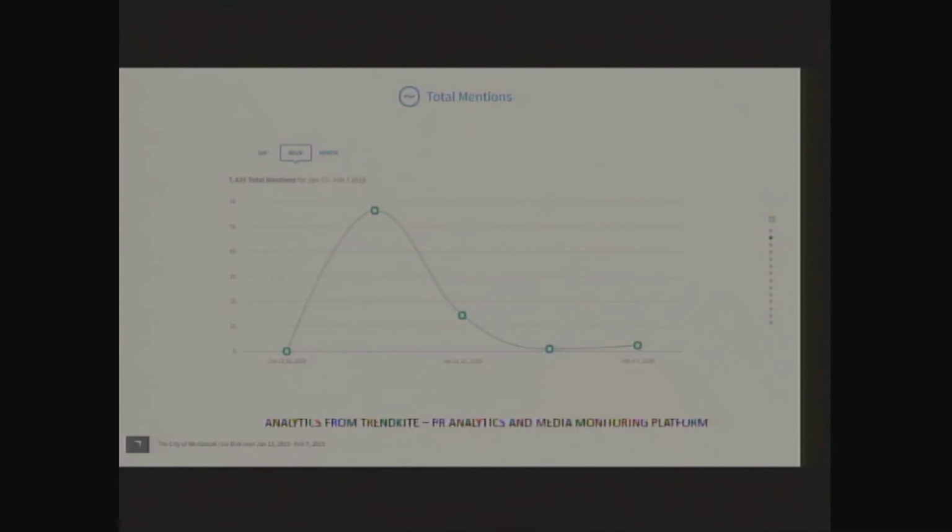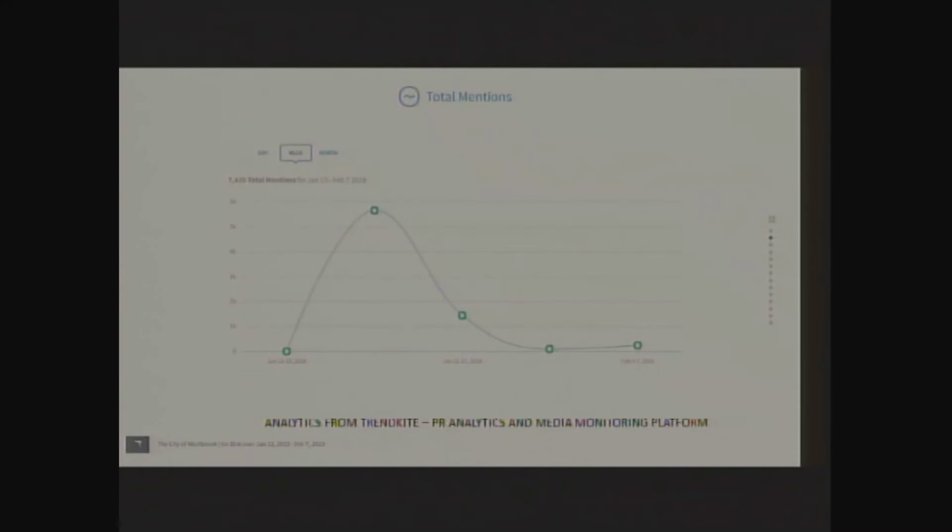So I ended up speaking with a friend of mine who works for a major PR firm in New York, and he recommended TrendKite as a platform to analyze some of the data. And I ended up getting a demo from them for a short period of time. So this covers January 13th through February 7th. It doesn't cover the end of the ice disk, so these numbers are a little short, but they were still pretty impressive.